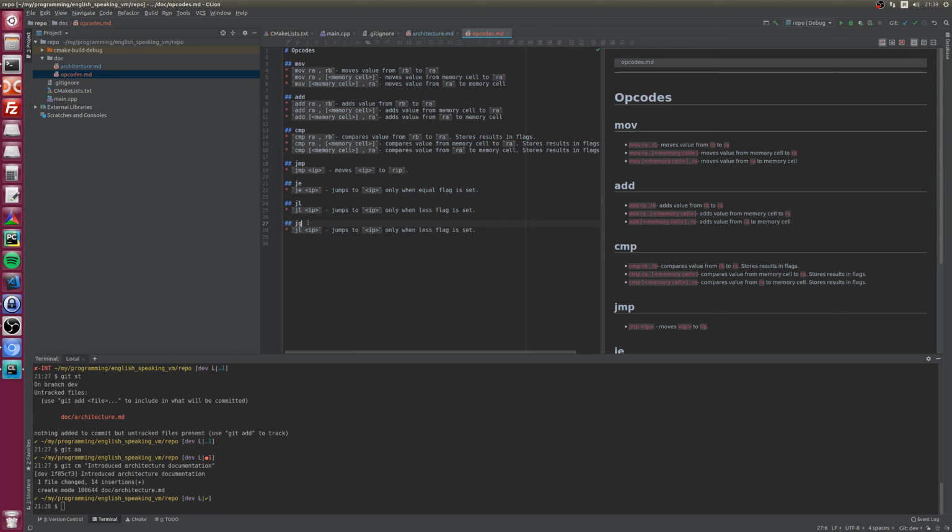Jump greater jumps when the greater flag is set. Cool. Jump equal, jump less, jump greater. Yeah, it will work for us, for now.